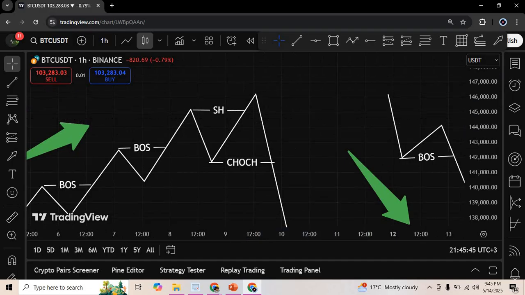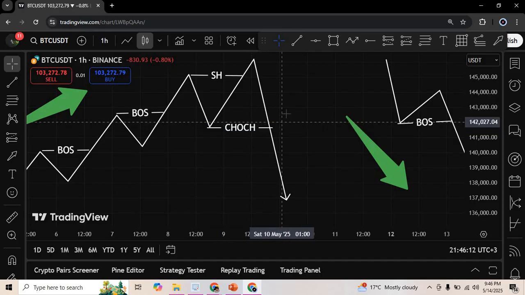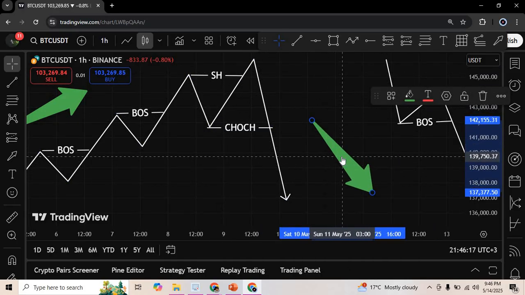And always remember, we always trade the trend. Do not go into a bearish market looking for a bullish setup, and do not go into a bullish market looking for a bearish setup. Rule number one is always trade the trend. If the market is in an uptrend, look for a long position. If the market is in a downtrend, look for a short position. In this case, because you've had a change of character, the market is selling, so you're looking for a short position to enter this market.